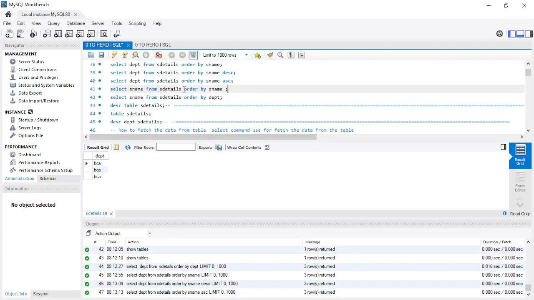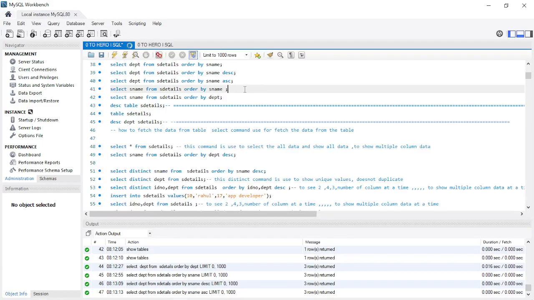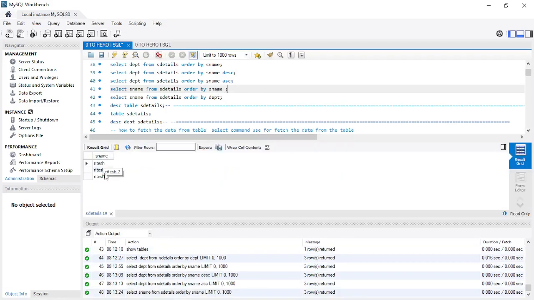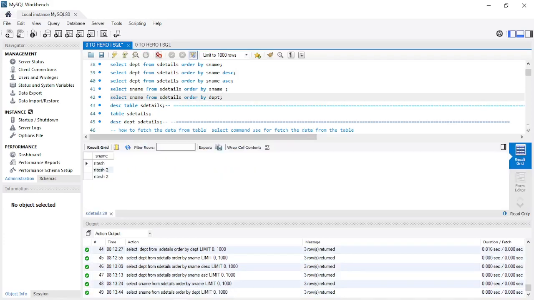Select surname from students order by surname. Okay, descending order. So you can see 1 2 2 3 4 5 in it is the format of descending, means order by is default descending order arranging, and select surname from student details order by department. Okay, you can also see here,